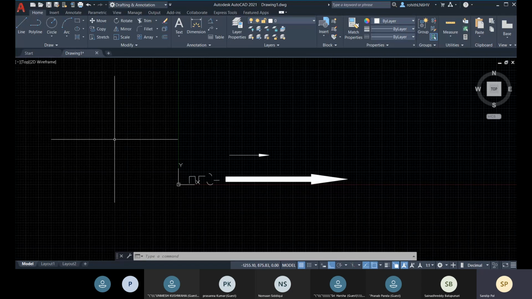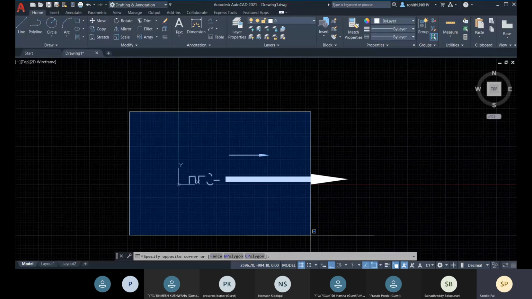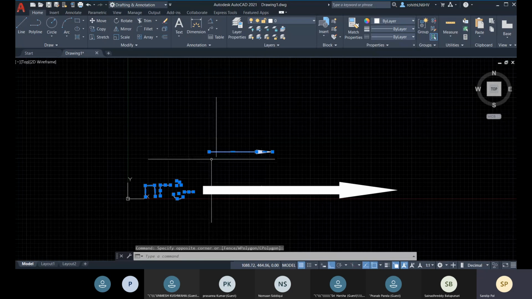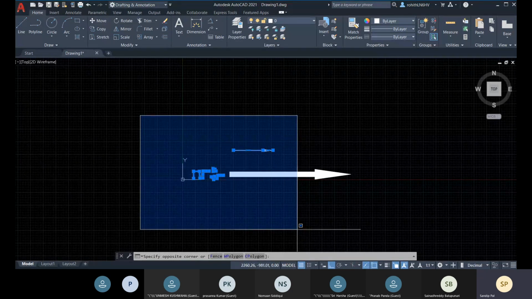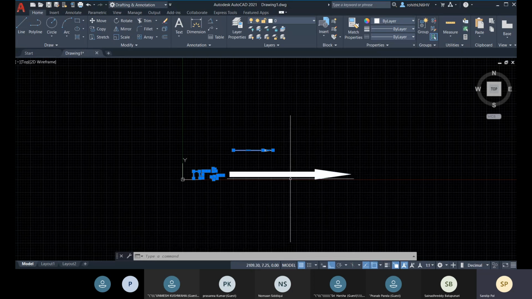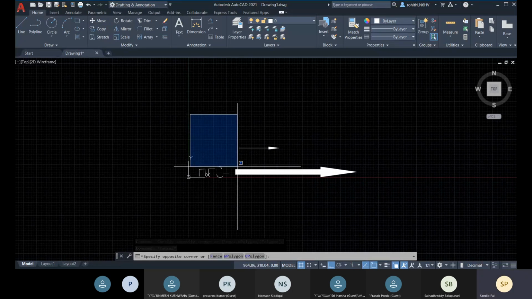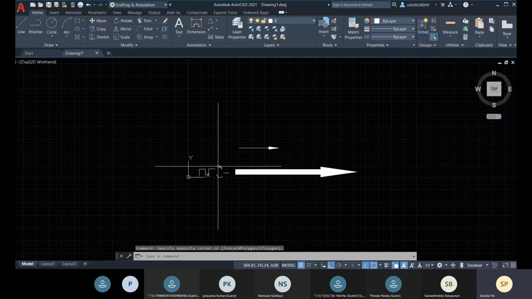So how do these two window selections work? For the blue window selection, your objects need to be fully covered within the window. Then only will they be selected. Right now you see that these objects were covered within my blue window, right? And because this object wasn't covered within my blue window, it is not selected. Suppose without zooming in, you just want to select this small curve.